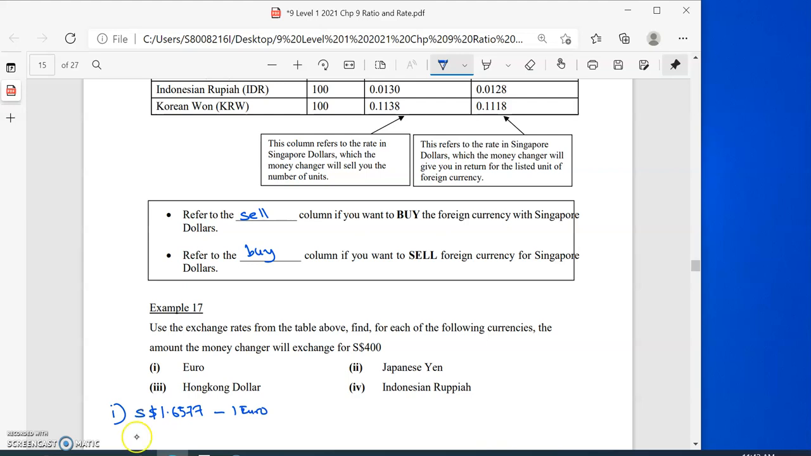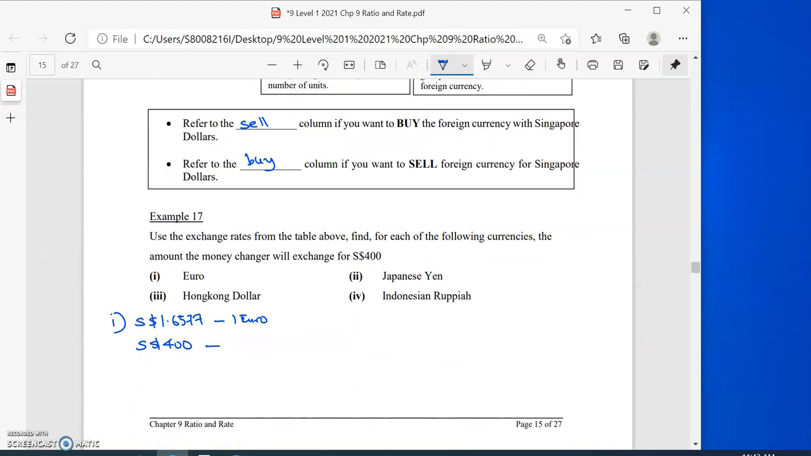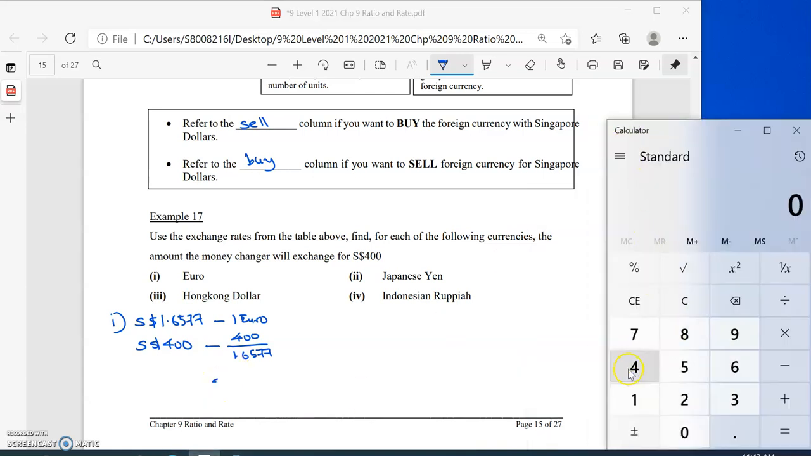In other words, if I have 400 Singapore dollars, how many euros will I get? If it takes 1.6577 Singapore dollars to purchase 1 euro, I can take my 400 Singapore dollars and divide by 1.6577. Let's see what figure I'll get. So I have 400 divided by